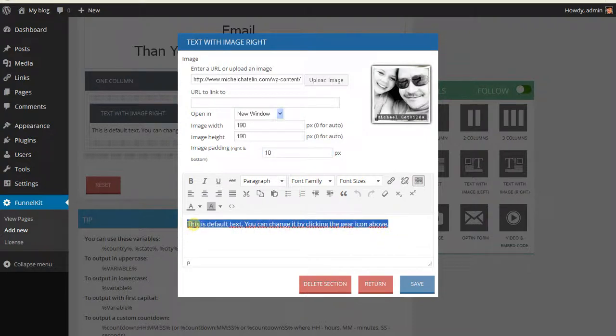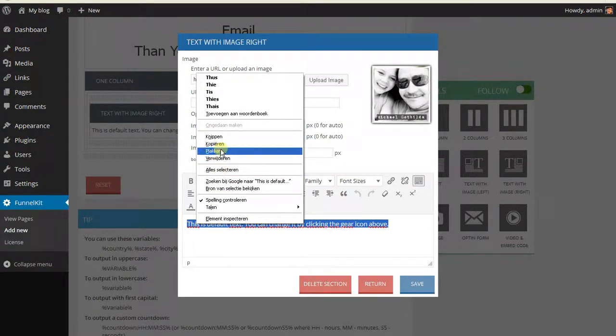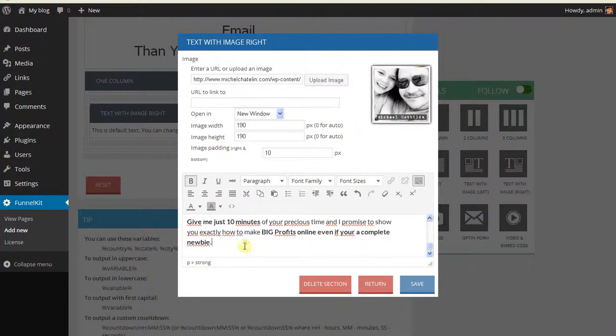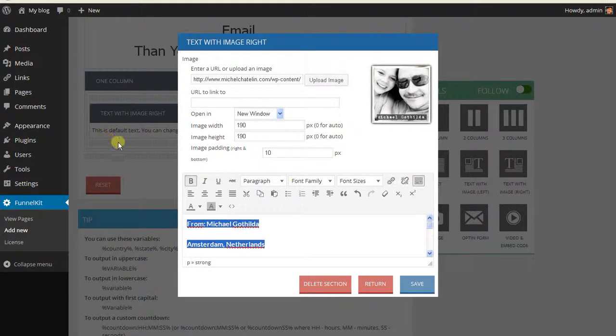I fill in the text here. You see, okay, and now I select it all. I choose the font size. I took 14, but still you can